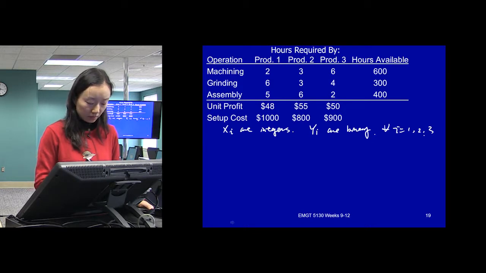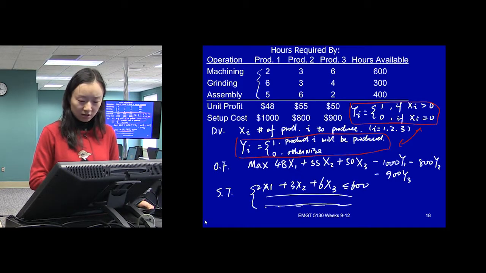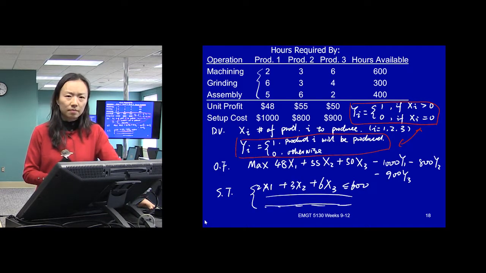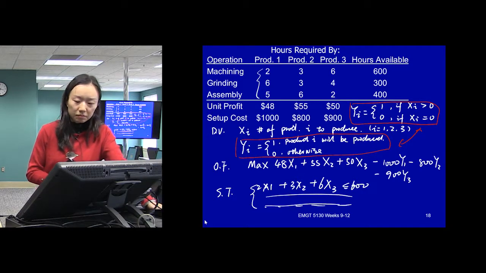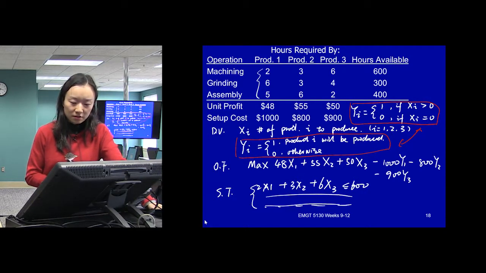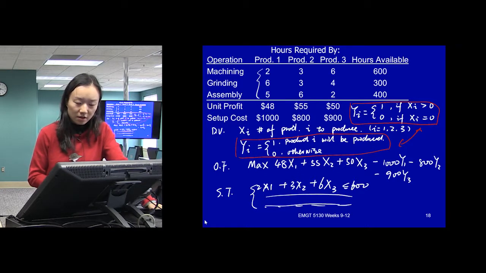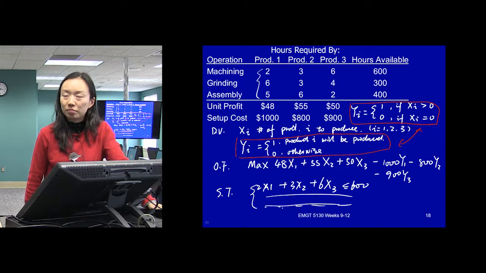Then, is that all? What do you guys think? If we have those constraints, what will be the final value for the y's if we just solve this way?